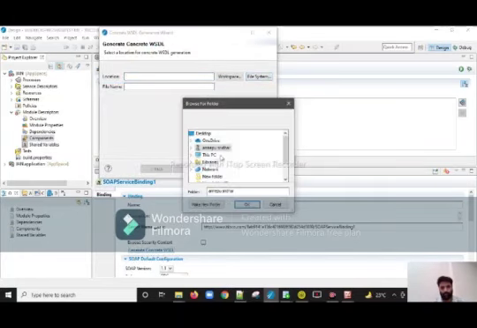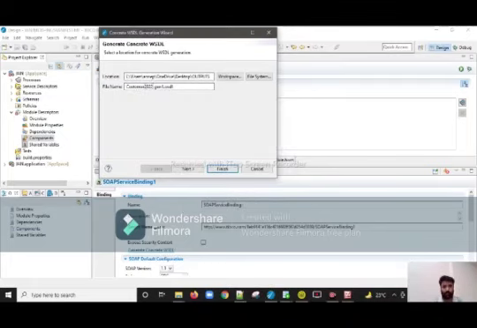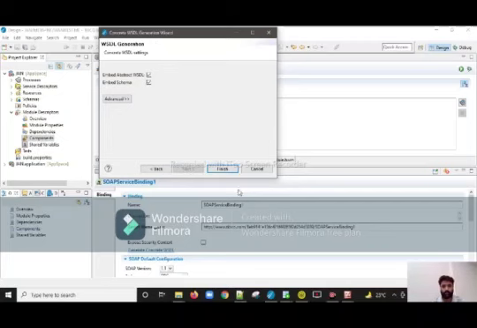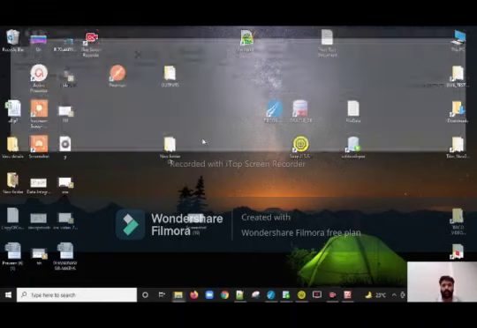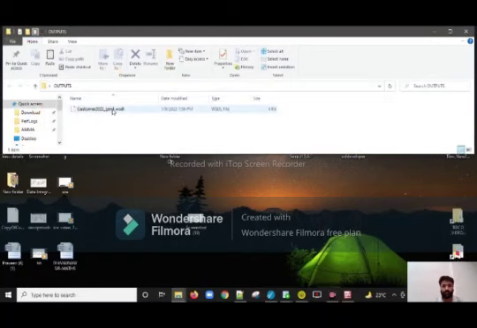And file system, save to the output folder, already created output folders, and customer general one. It is the first statement, so we'll create it as general one. Next, finish. See here, the file is created at the location desktop, outputs, customer. We have to deploy this folder in the